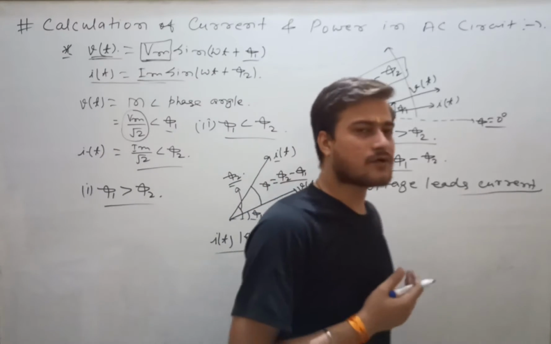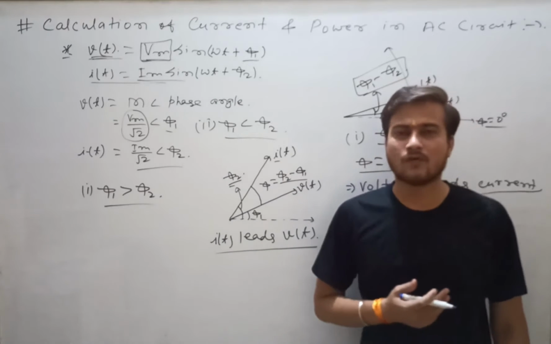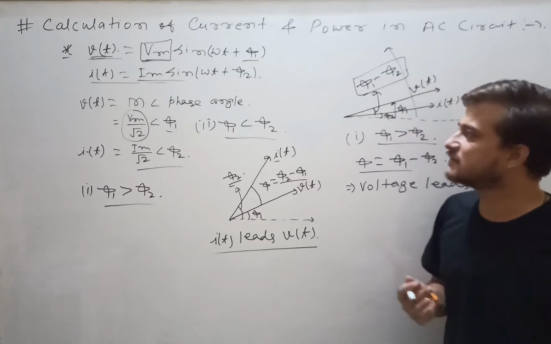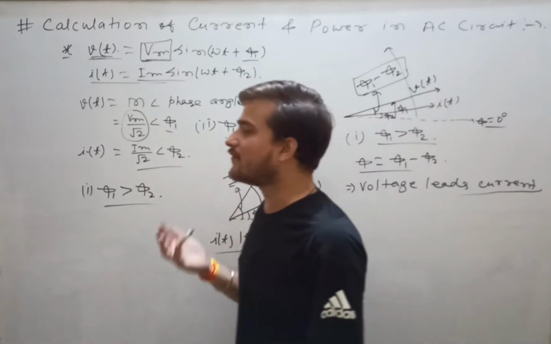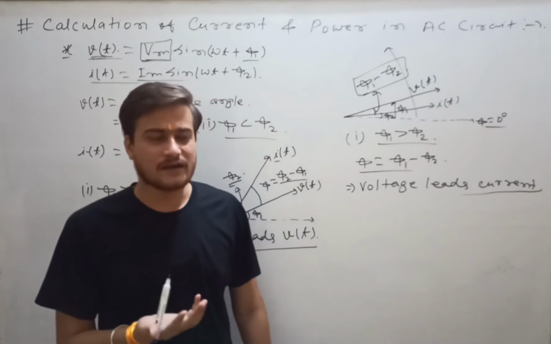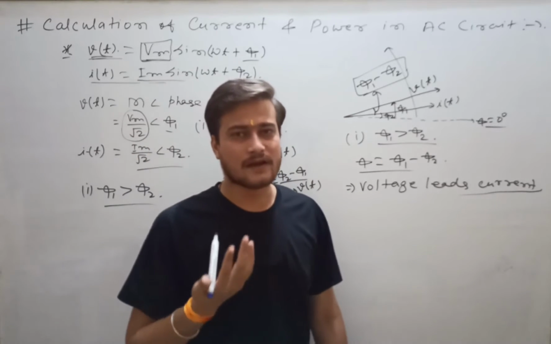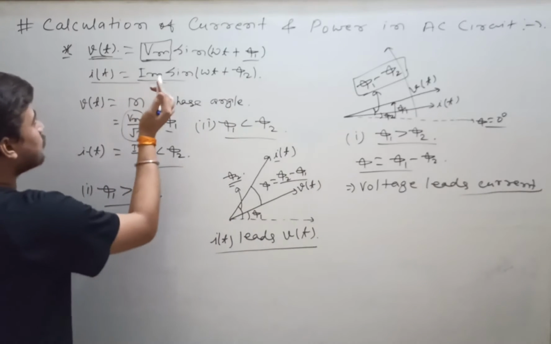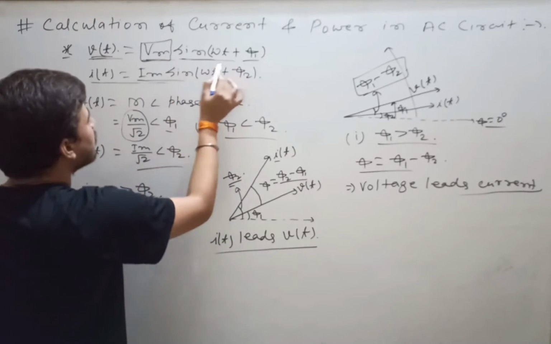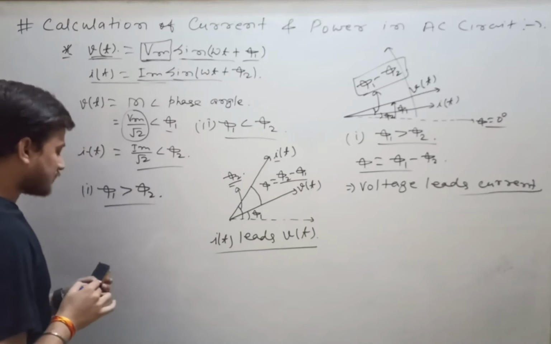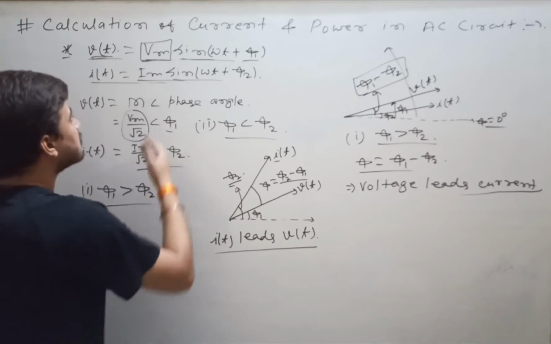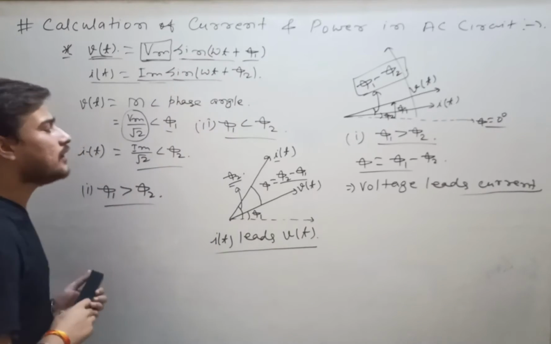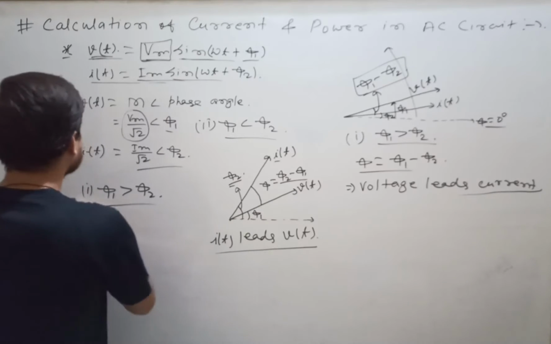So why am I drawing the phasor diagram? What is the reason? The reason is you will have to find the power. Maybe you will have to find active power or reactive power, and they will be giving you, suppose here they have given sin omega t, sin omega t. Sometimes they will give you sin omega t, another term will be cos omega t. Let us see.